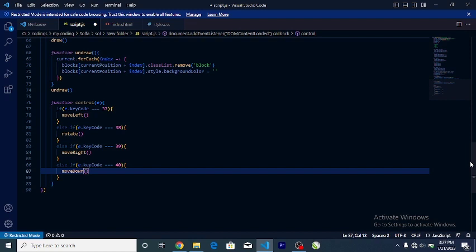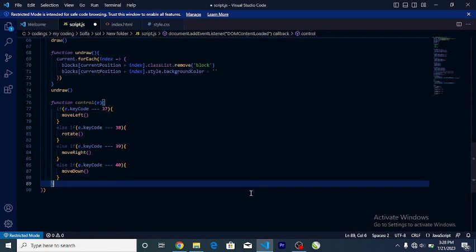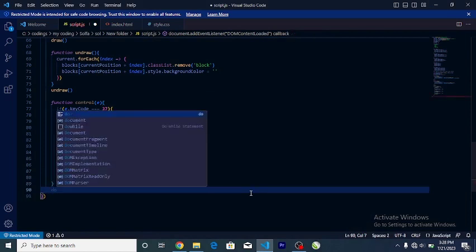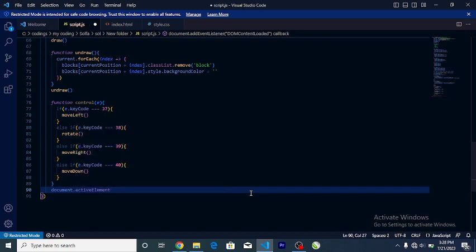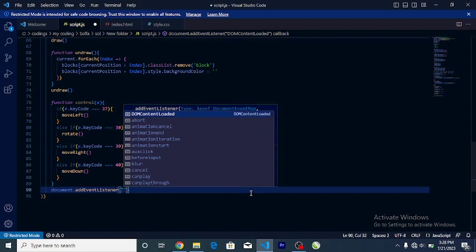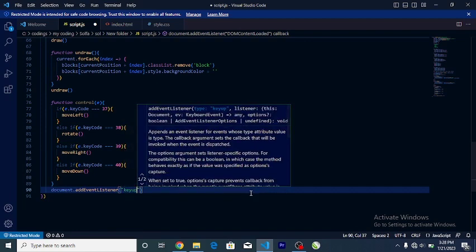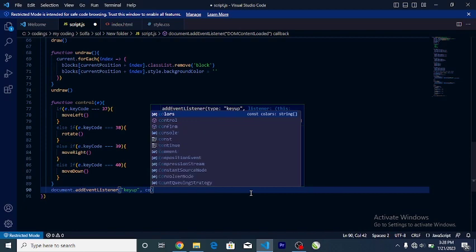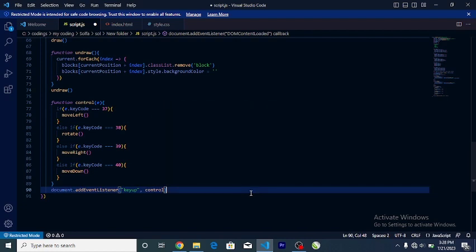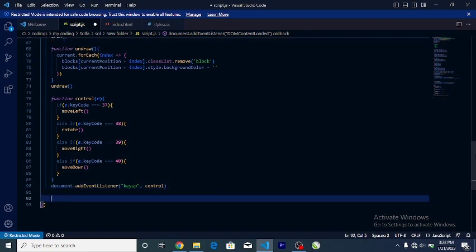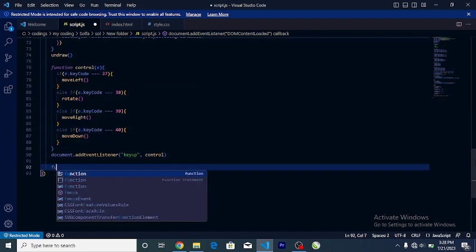So now right at the bottom here, document.addEventListener keyup control. So if we raise our hand up off a key when we're pressing it down, then the control function is going to work. So we're going to say function